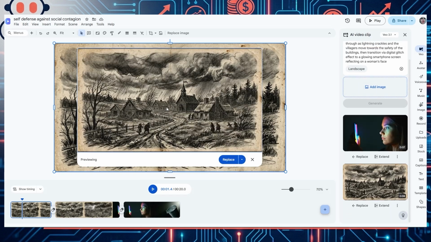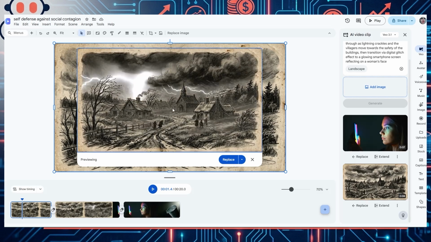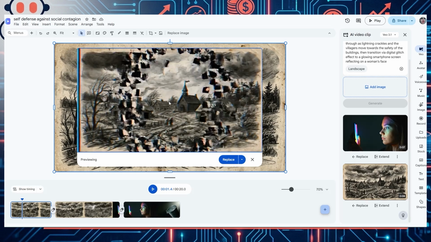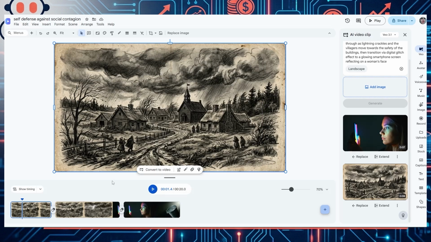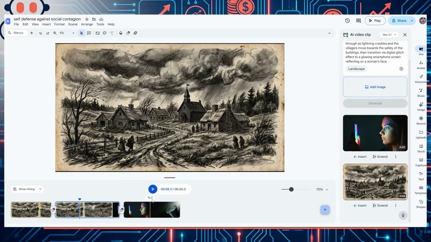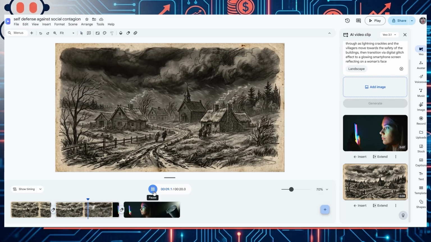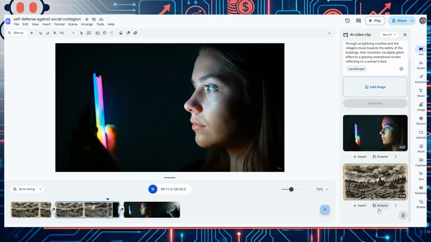And then over here on the right, I clicked on Extend and I asked it to show the woman being shocked or surprised, and then do a similar transition to the video of the bucket of ice water. This is one video clip, and then this is the second one that it generated. It's pretty much seamless,